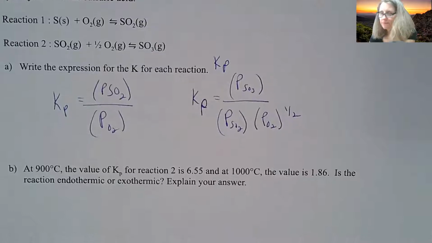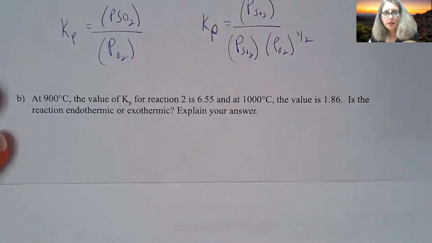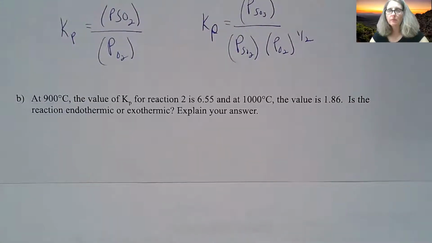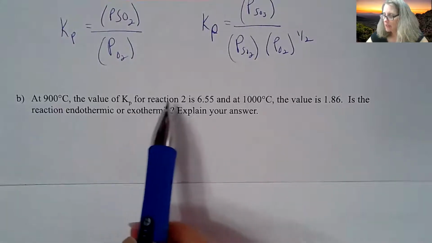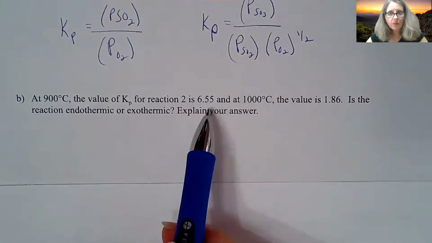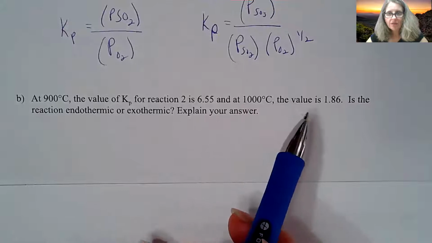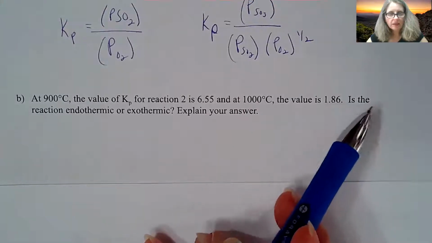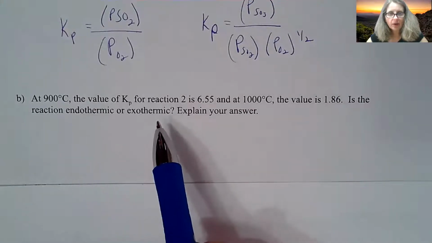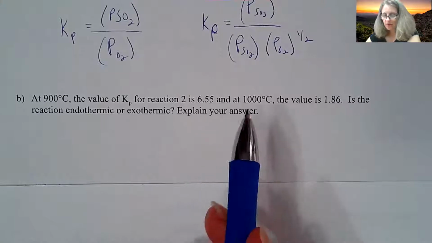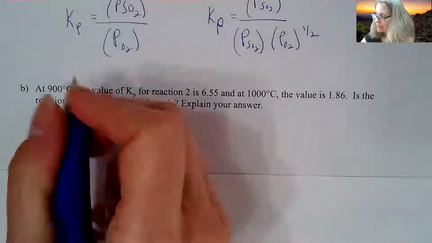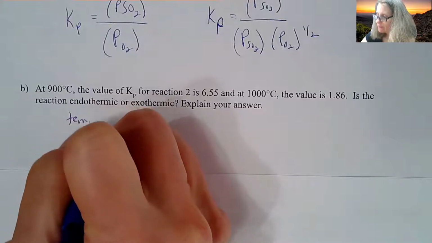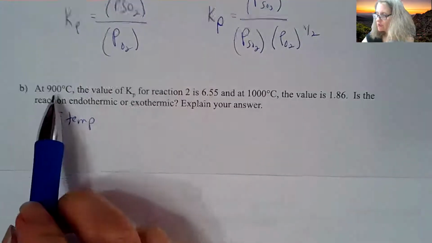So part B. This part may not make a lot of sense at this point, but it'll make a little more sense as we get into the last part of equilibrium. At 900 degrees Celsius, the Kp for reaction 2 is 6.5. At 1,000, the value goes down to 1.86. Is the reaction endothermic or exothermic? Explain your answer. So what is happening is, as I increase temperature from 900